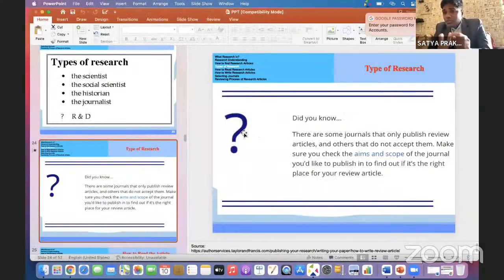Basically, what is a review article? You are reviewing what the current situation is, what is happening currently on your topic, and what you will do. You will challenge some task. Suppose there is a process for the mask.